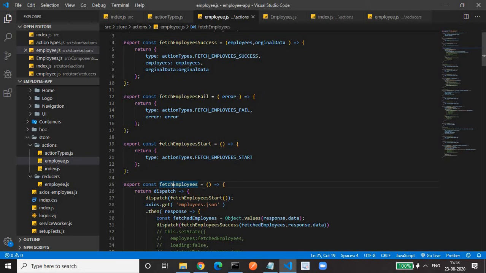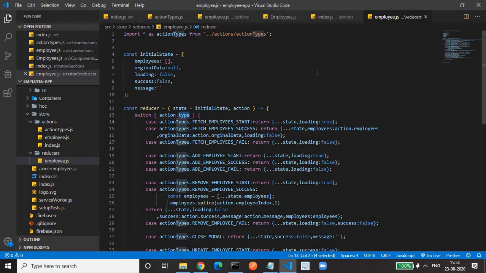And the action that we use for our AJAX call is handled by a middleware, which is made possible using Redux Thunk. So it's a middleware between the actual action and the reducer. That's why we don't have to catch that in the reducer. So in the reducer you will find all the synchronous actions, not asynchronous actions. It's a switch statement having action.type, and whatever type it matches, that case will be executed. In the case we have also defined action types dot fetch employee start.